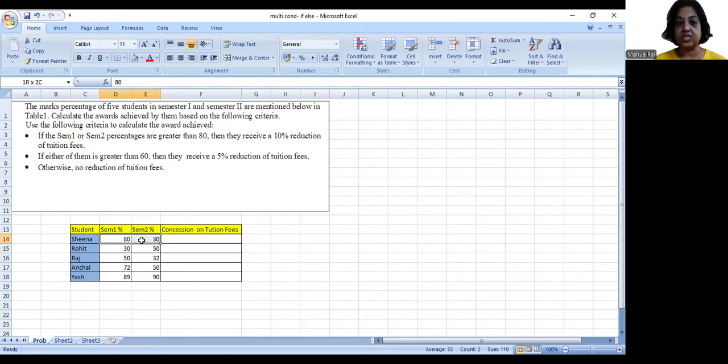If both the conditions are true, then only they get 10% reduction, otherwise no. So when there are two conditions and both have to be true to get the true value, then we attach both the conditions, or multiple conditions, using a logical operator called AND. And if we write multiple conditions, that particular condition will be evaluated to true if any of them will